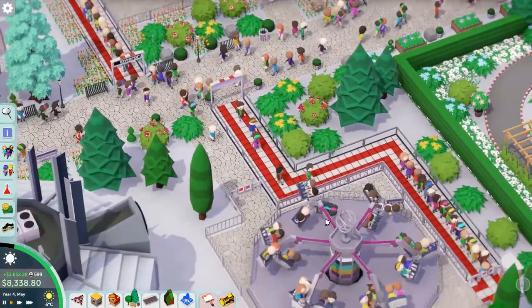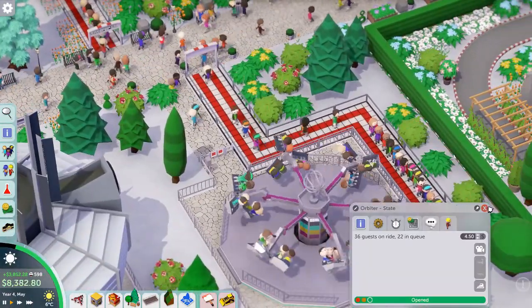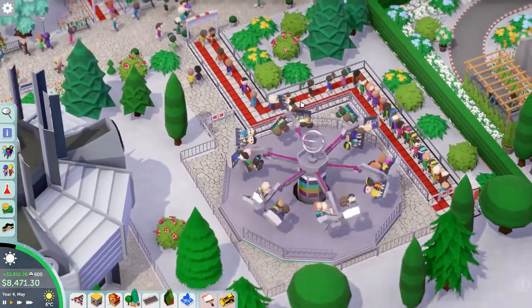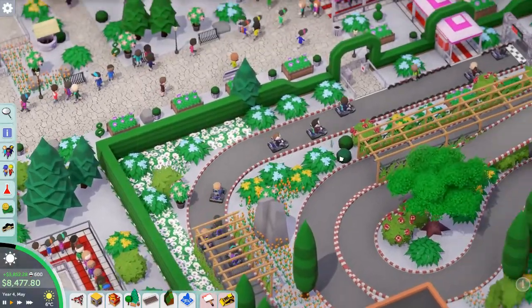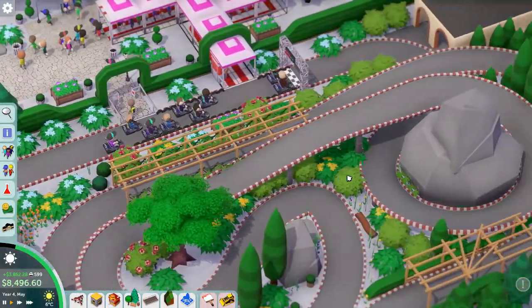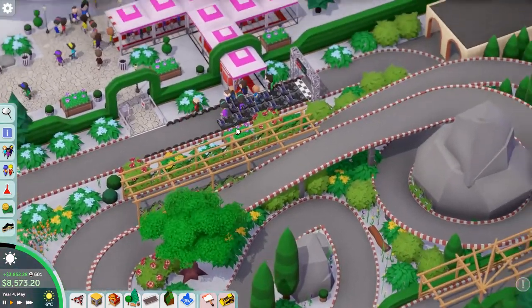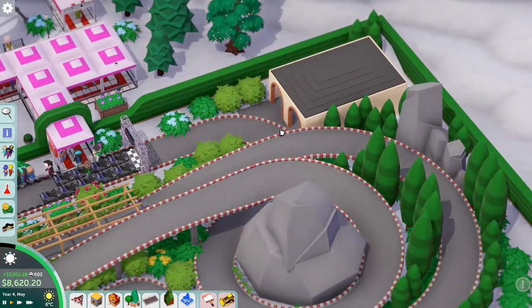Right opposite the Enterprise we have an Orbiter. Again, that's quite an intense ride to keep people happy. So that's a couple of intense rides we've got there. And then next door to that we've got the Go-Karts, and this is a pre-built model. So you can see that it zooms around here,